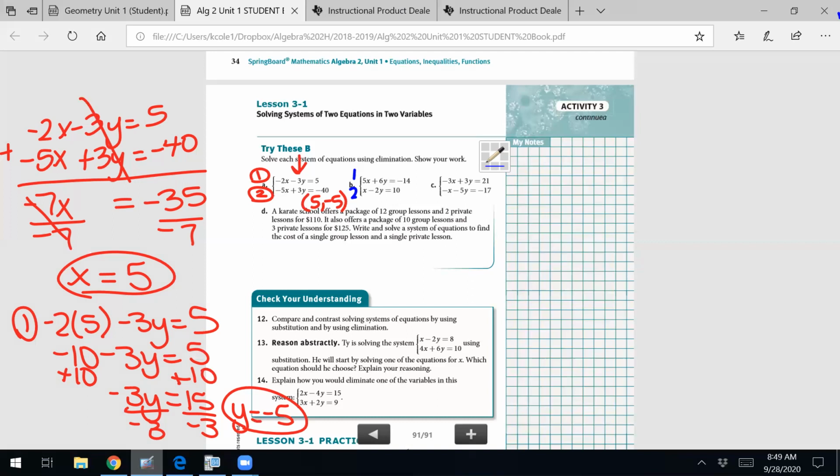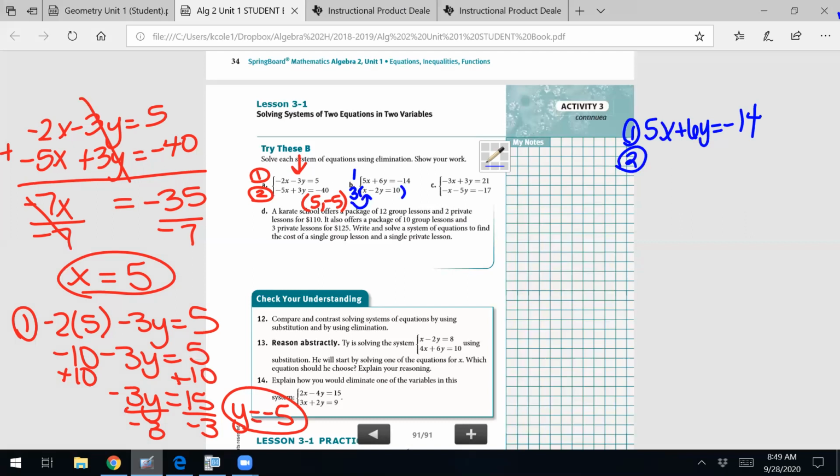6 and negative 6. Okay, so if we're going to make this become negative 6, what do we have to multiply that by? By 3. And we need to multiply the whole thing by 3. So I'm going to go ahead and write equation 1 because that's not changing. You don't have to change both. I'm just going to change the second equation. And when I change that second equation, I'm going to multiply everybody by 3.